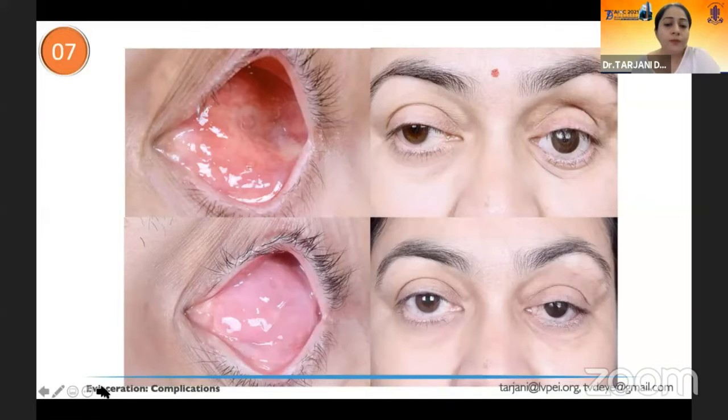Now, a few other oops in evisceration. One is when you have suboptimal volume augmentation. You see this lady who has sinking of the lower eyelid and this large sulcus deformity here, which can easily be corrected by placing a larger implant. So you exchange the one which was there inside for a much larger sized implant, and you see that her volume has built up. She has a little bit of ptosis, which can obviously be corrected later on.